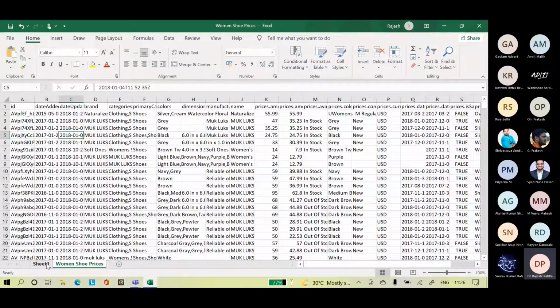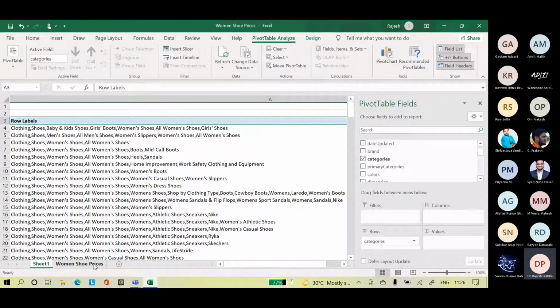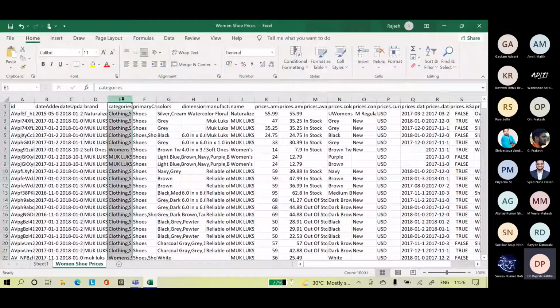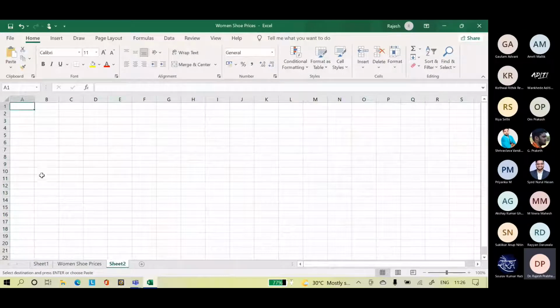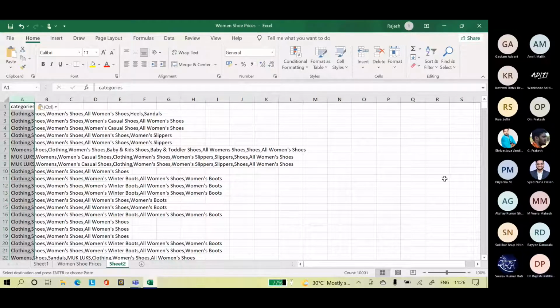You will be spending a lot of time in cleaning only, particularly in the categories column. So all of you copy the categories column, add a sheet, and paste it in the new sheet, category. All of you pasted the categories column into the new sheet.